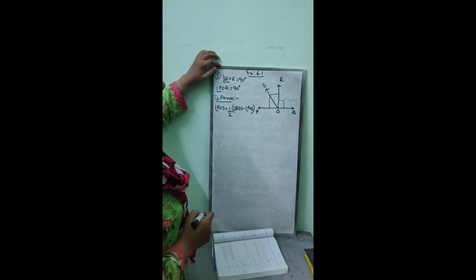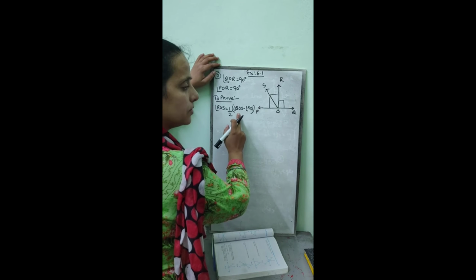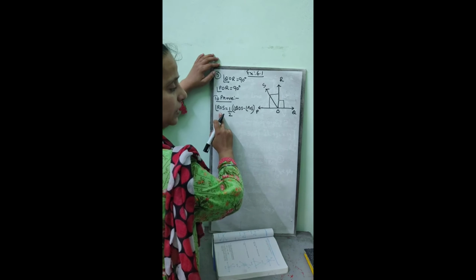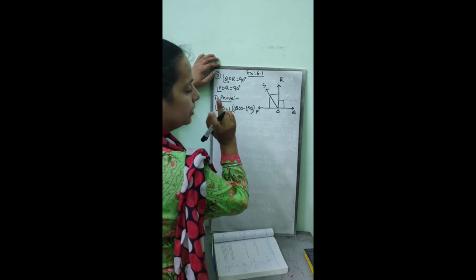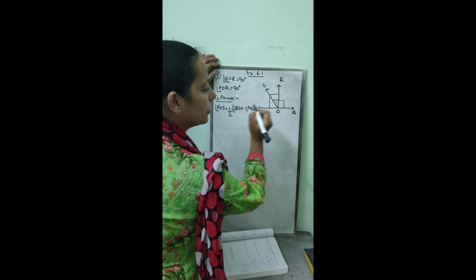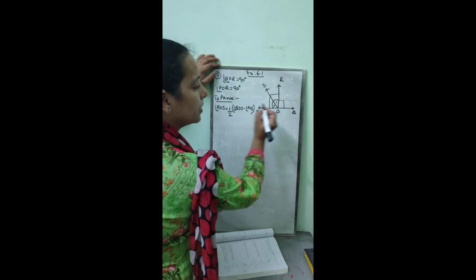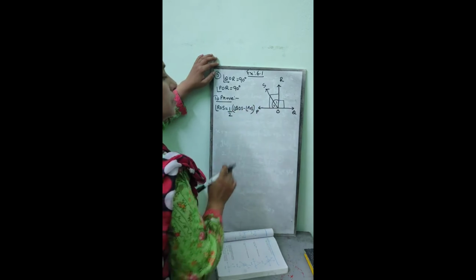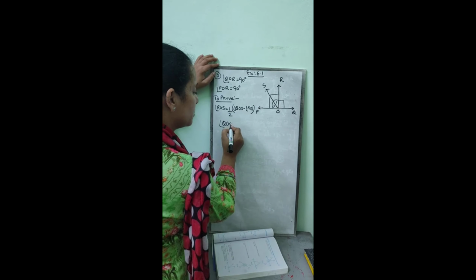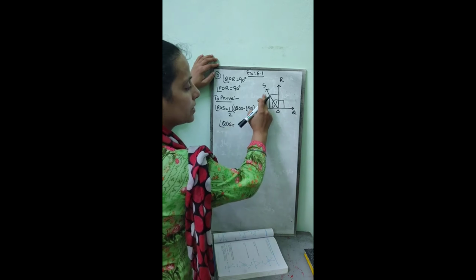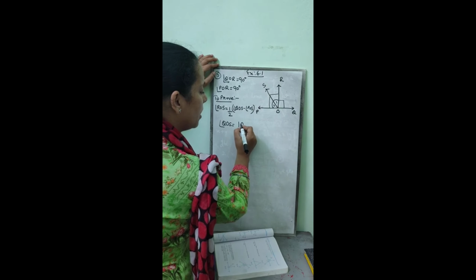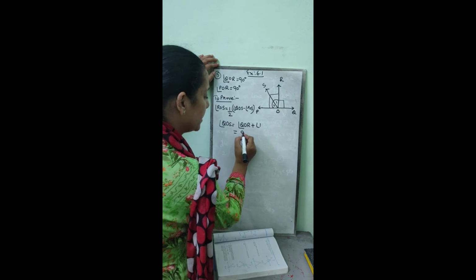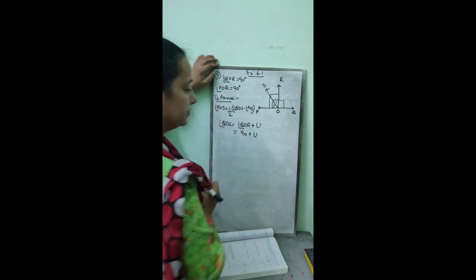See, 9th standard, what will we do? We will find QOS, we will find POS, then subtract them to reach this point. Clear? For QOS, I am marking here angle 1 and here angle 2. Clear? This angle POR is 90. This is angle 1. This portion is angle 2. So QOS, see the diagram. QOS is QOR plus angle 1.